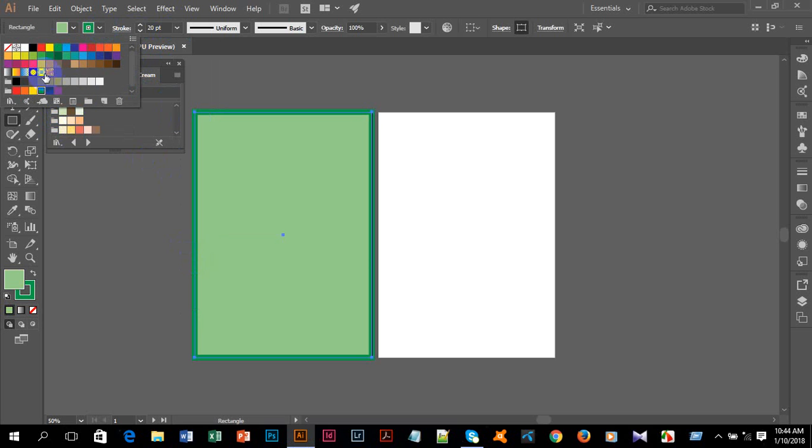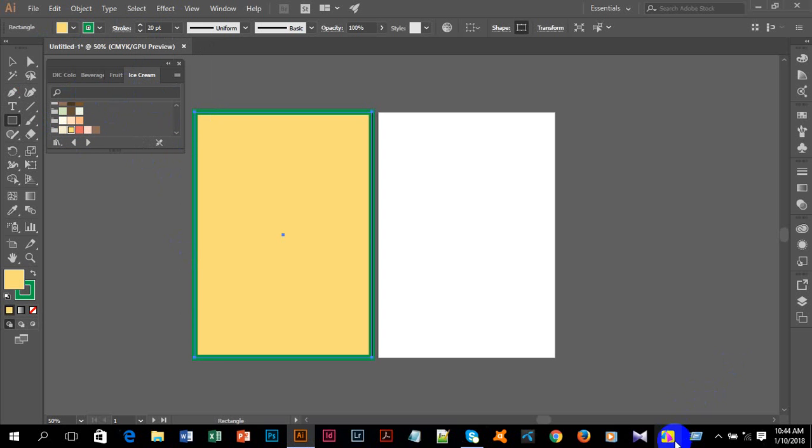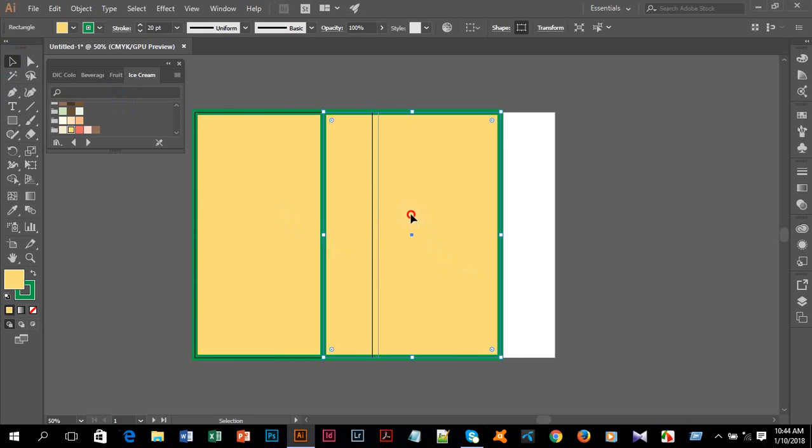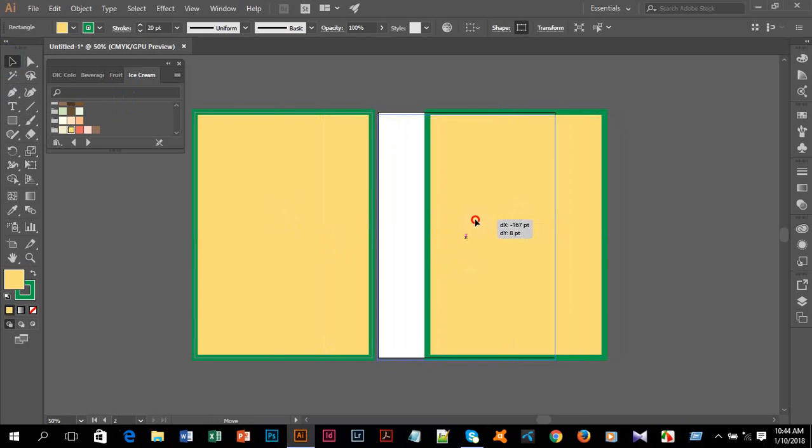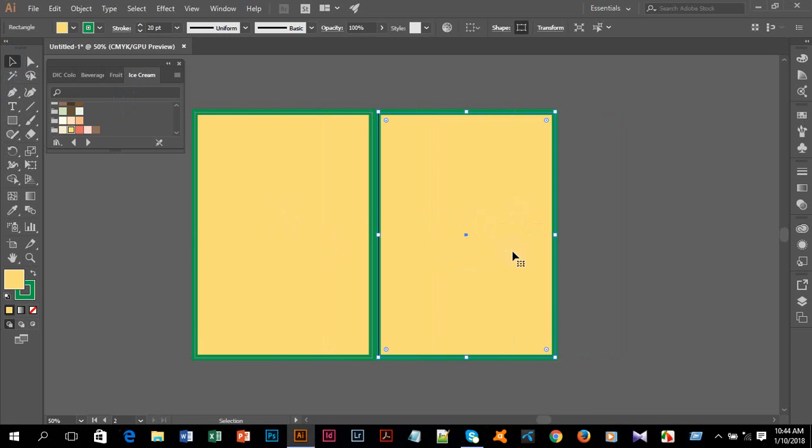Stroke will be 20, and for fill color you can take any fill color. Take the selection tool, select this, Ctrl C, Ctrl V, and take it here, so that you will get two artboards, and place them here.